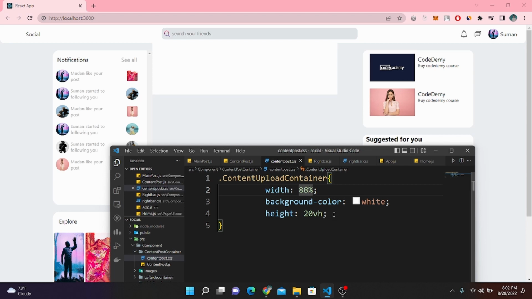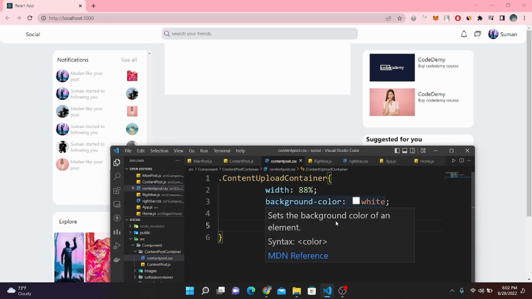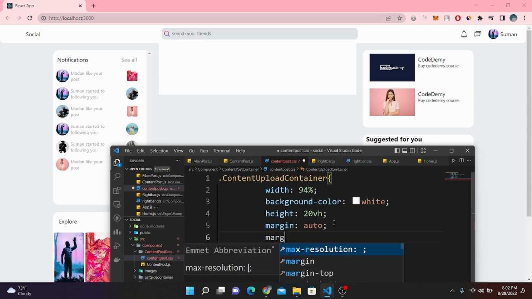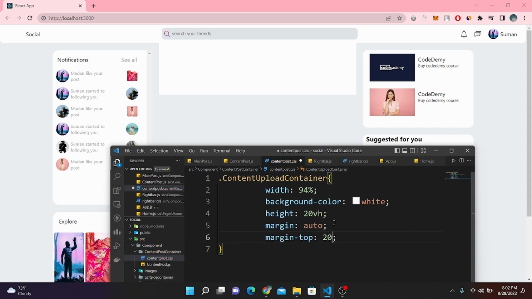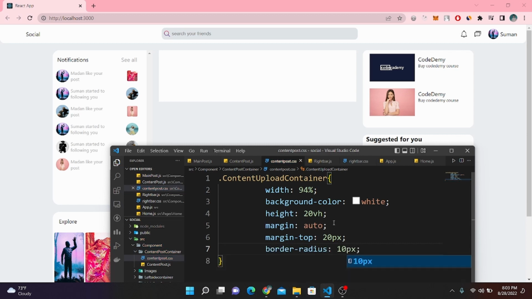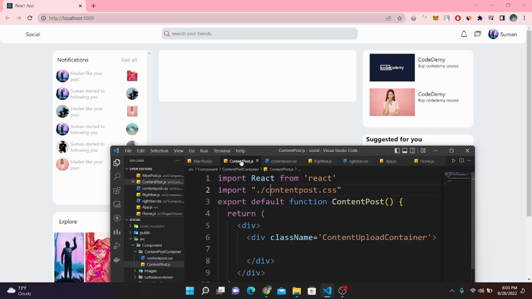So let's write a margin will be auto. So now instead of 88 I'm going to increase it and make it 90% or 94%. Yeah, so let's write a margin top which is 20 pixel. Yeah, so let's give it a border radius, border radius would be 10 pixel. Yeah, so let's go back in our content post,